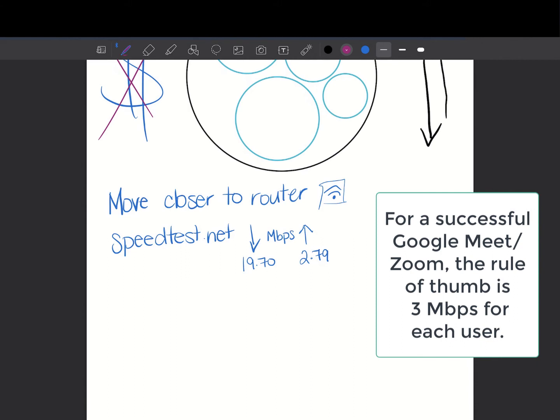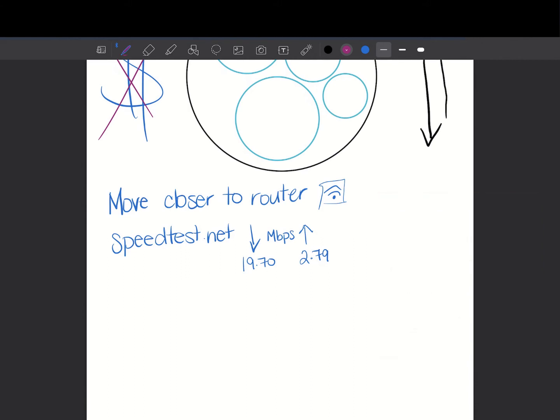When you signed your internet agreement with your provider, they will have given a number that you could expect as a maximum for your upload and download speeds. So when I say maximum, if you're below this, that's going to be acceptable to your internet provider. But if you're finding these to be gravely low compared to what you should be getting, give them a call. They may be able to make a few adjustments to improve your experience.